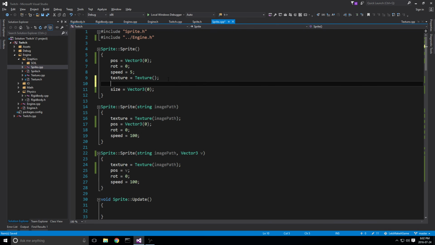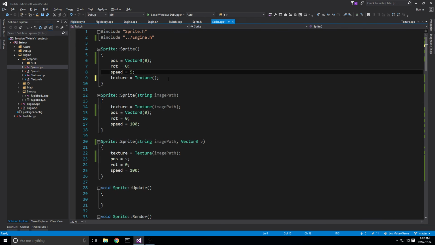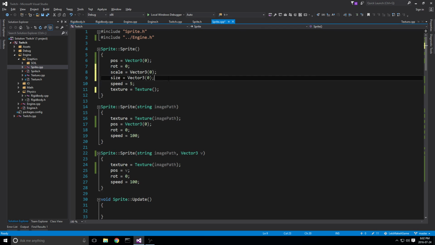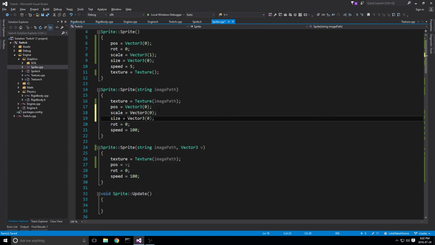I wonder if it's scale here, right? Scale equals Vector3 0. Oh, I guess actually we want the scale to be 1. Size can be 0, that's fine. Scale can be 1. Size, in this case, won't be 0. In this case, we can say size equals Vector3, and we'll pass in